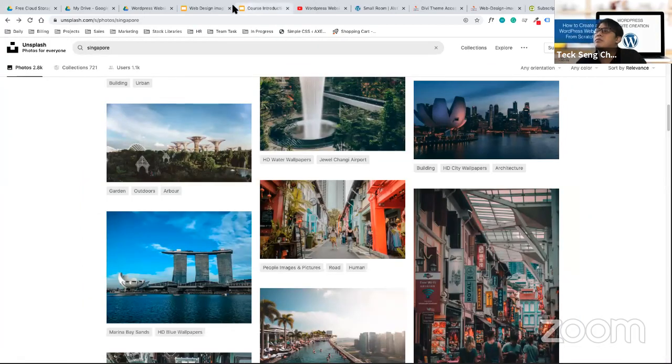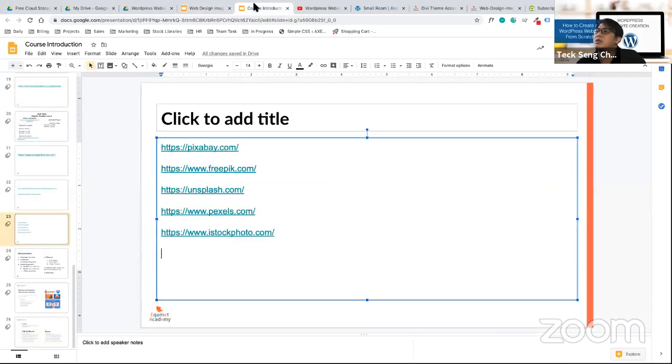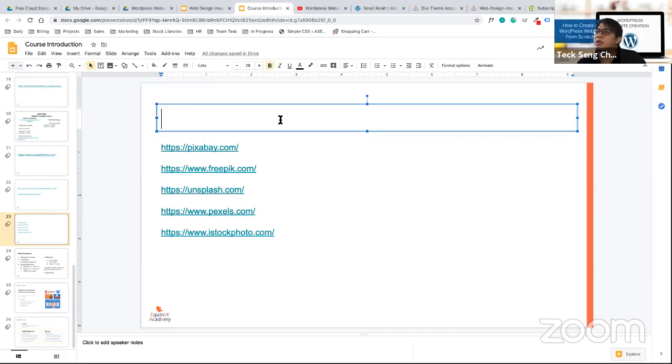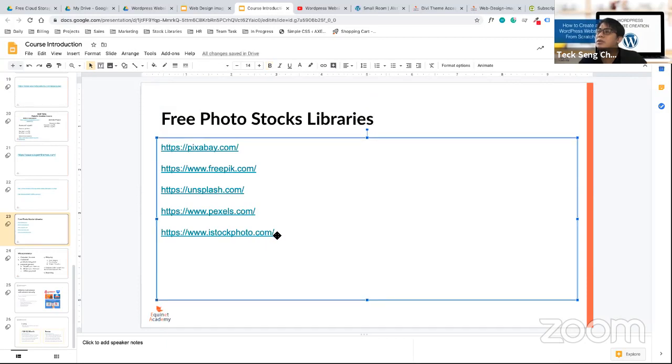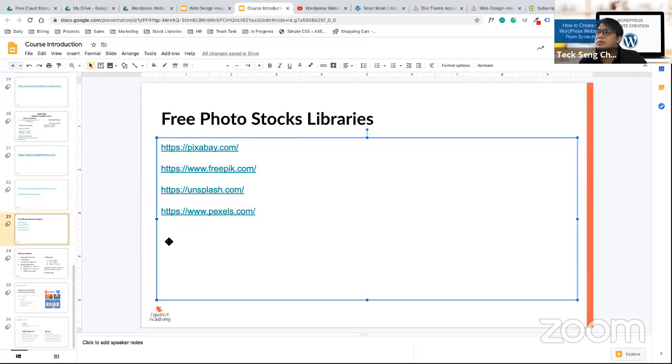Now I just want to put this on your screen, then you can take a look or do a screenshot or whatever. These are some of the free stock libraries other than Unsplash. You can just copy this or take a screenshot.